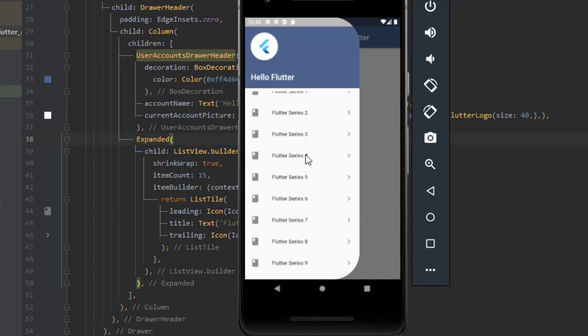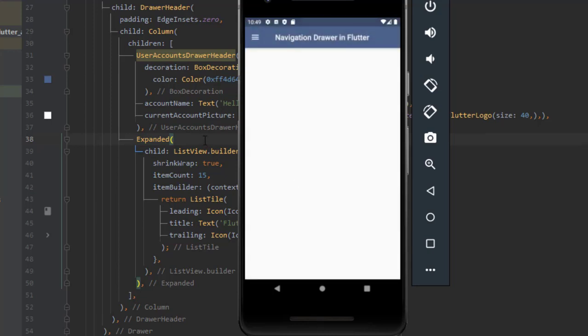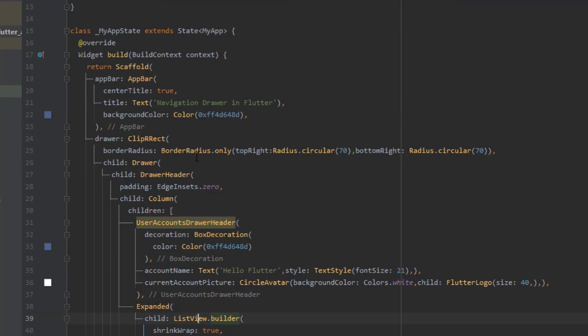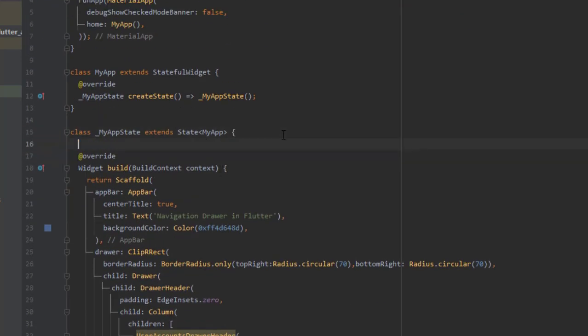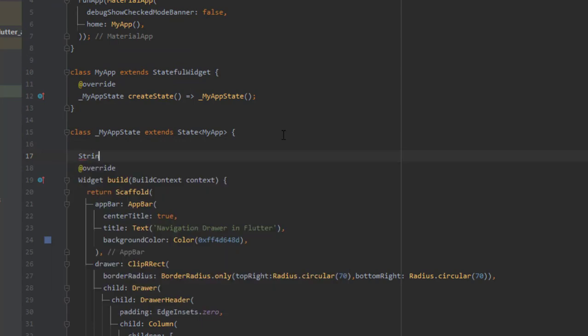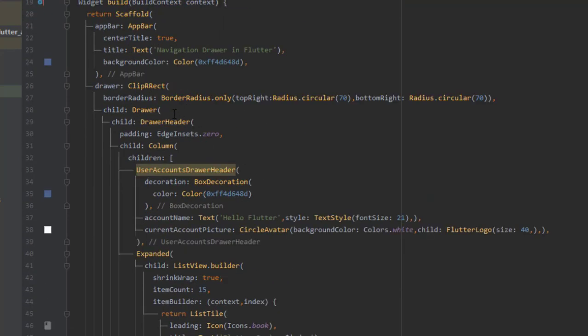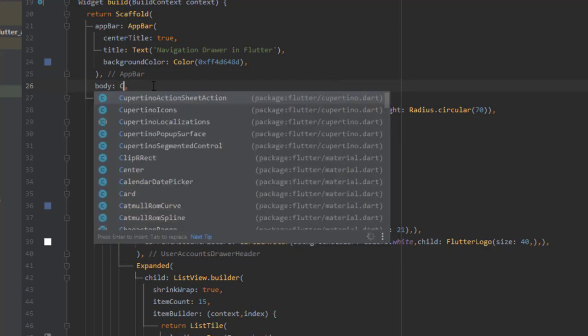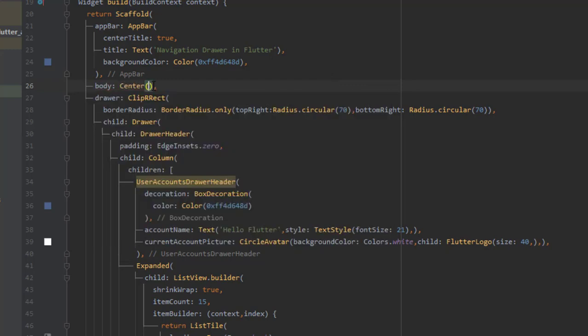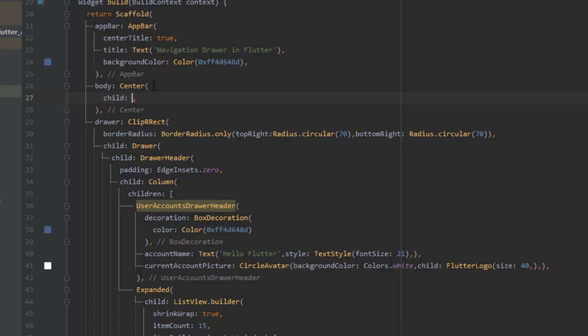So now by clicking any of the text, I need this text to be displayed in the center of the screen. So how will we do that? Let's declare a variable of type string, and the initial value set it to empty. Add center, and let's assign text to the center. Assign this value,